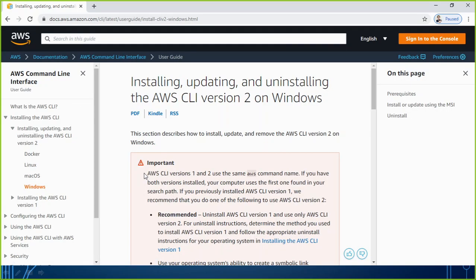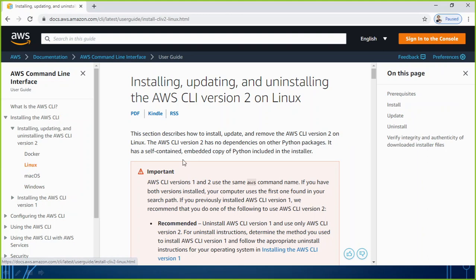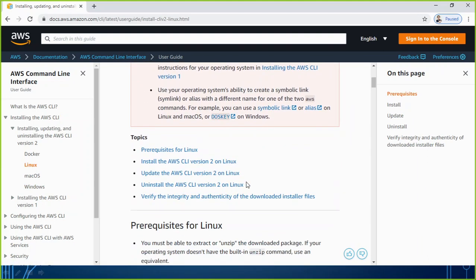Not only Windows, because if you reach this page, you will be able to see, for example, if you want to install, update, or uninstall AWS CLI on Linux, click on this Linux button. It will help you here with how you can install the relevant items on your Linux machine so that you can have access to AWS. So here is the button, install the AWS CLI version 2 on Linux.